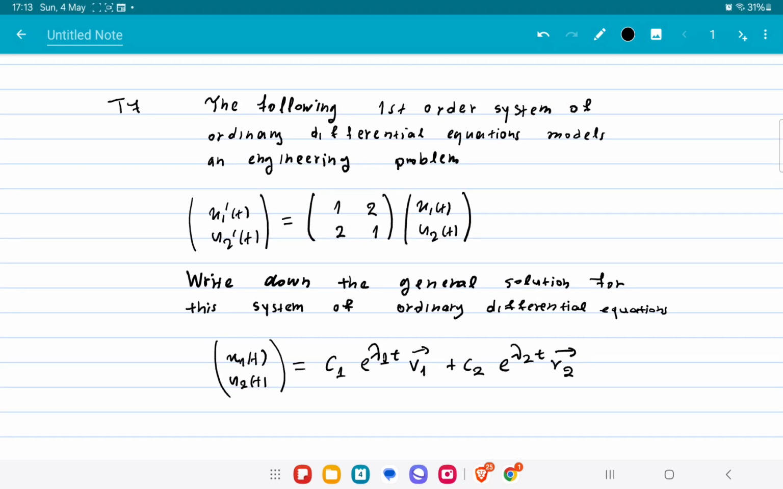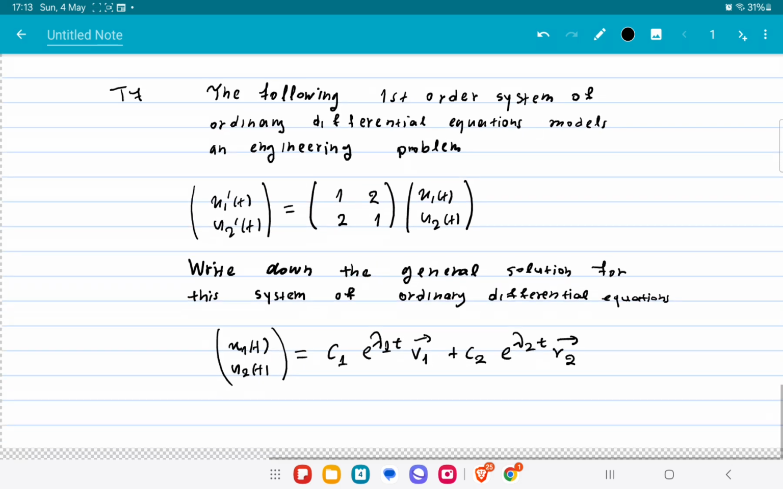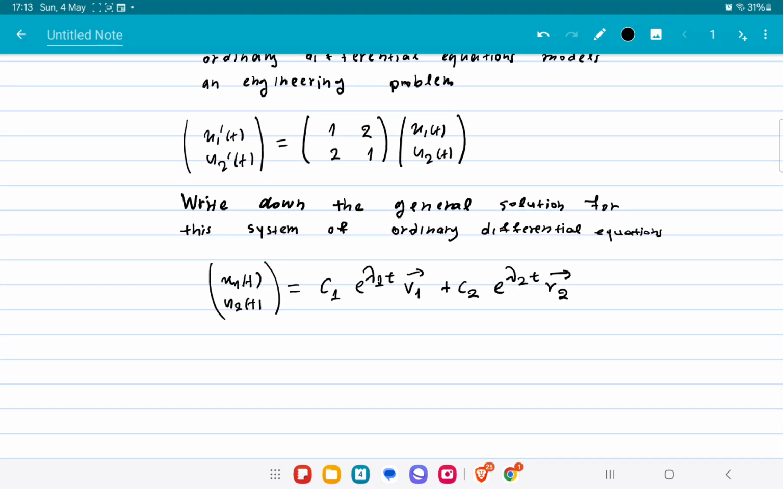Task 7: we have a first order system of ordinary differential equations, and this models an engineering problem. What we want to do is to write down the general solution for this system. In general, if we have a system of this form, where u1' and u2' are the derivatives of the functions u1 and u2, and on the right hand side we have the coefficient matrix times u1, u2,